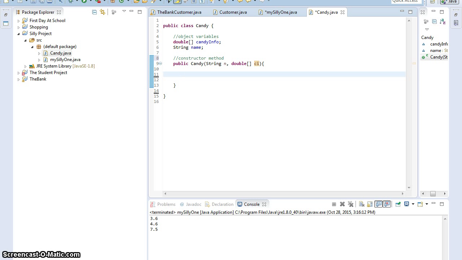So when we construct a candy object, our object variable candy info will be assigned this value. These pointers will point to the same double array. And we also have this and this will point to the same string. So name is going to be equal to n, and candy info is going to be equal to CI. That's a small